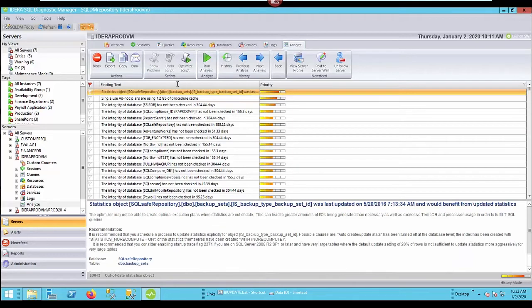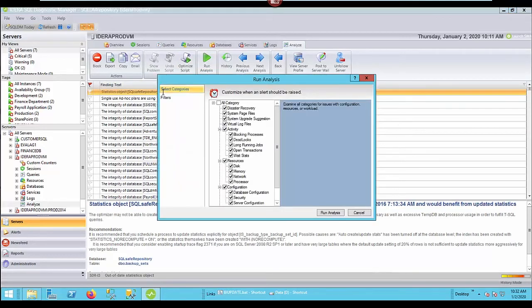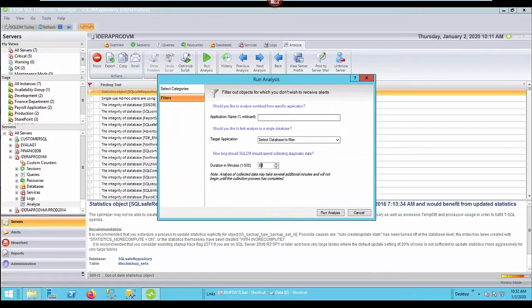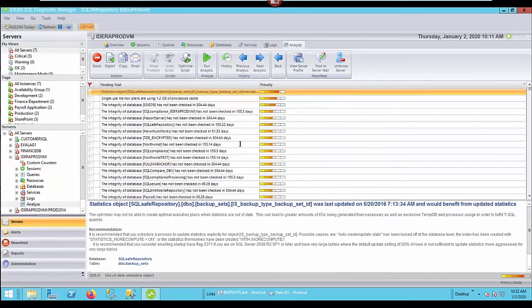When it runs, one of the options for the analysis is how long you want it to run. And you can specify 5 minutes, 1 minute, 30 minutes, and also apply additional application or database filters. But it will run for that period of time, and it will finish whatever it's working on at the time that, if you selected 5 minutes, once it gets to 5 minutes, it will still complete whatever it's working on. So you might find that it runs for 6 minutes instead of 5 minutes, for example, as it wraps up whatever it's working on. But you'll get this report displaying everything that it discovered as a potential issue while it